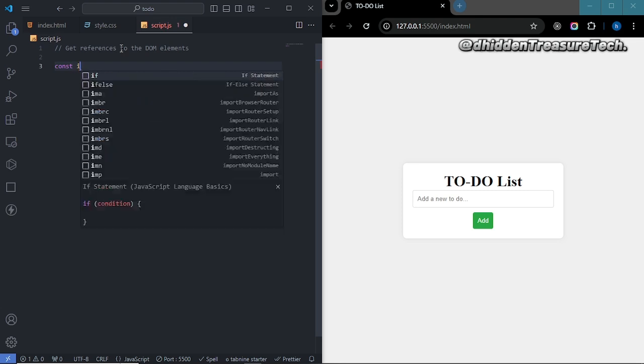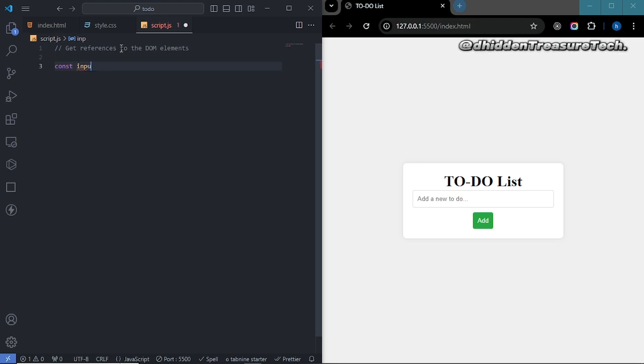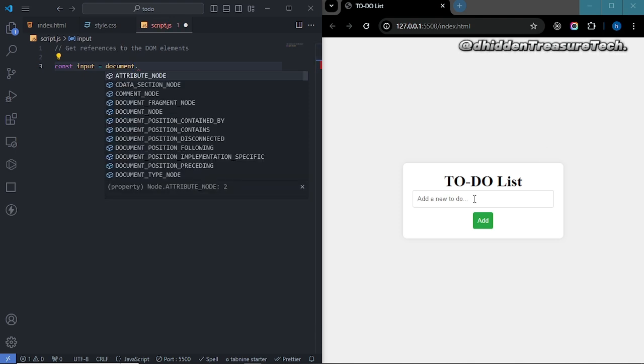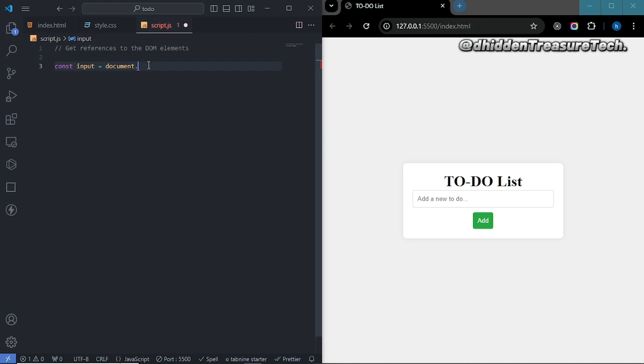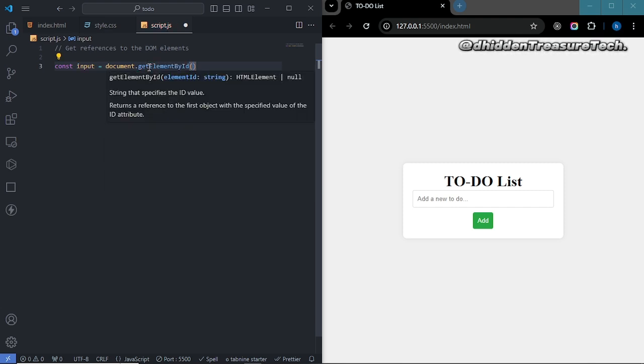So we declare a constant. The constant should be input. We name it input. Then we grab the to-do input. That's this input. This is what I need now. So I need to grab it from my script.js. So to grab it, I'll say document.getElementById. So I'll grab the to-do